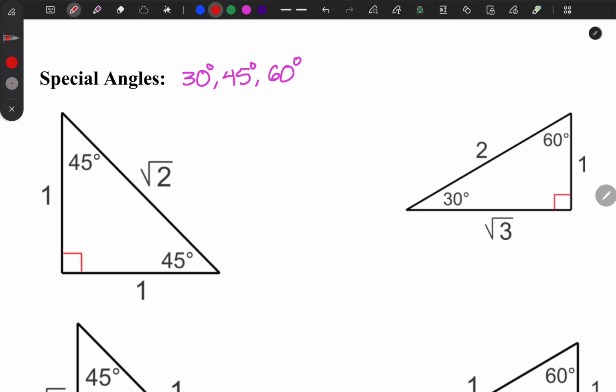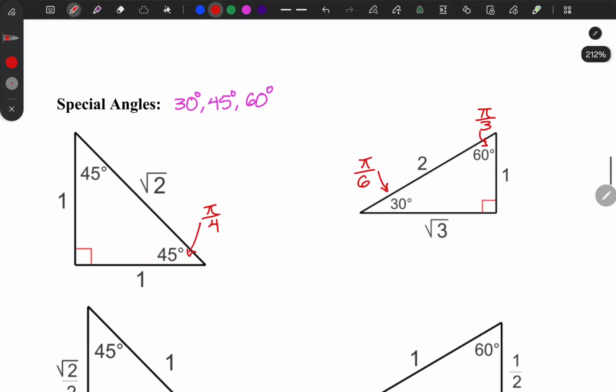We can do the same thing in radians. Just as a little refresher, 45 degrees is pi over 4, 30 degrees is pi over 6, and 60 degrees is pi over 3. Now, these are great for giving us trig ratios. It's a little inconvenient for the unit circle